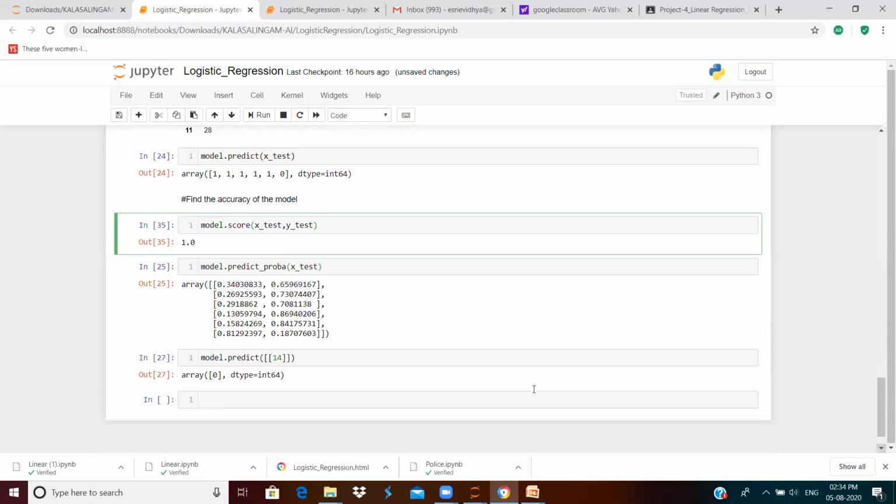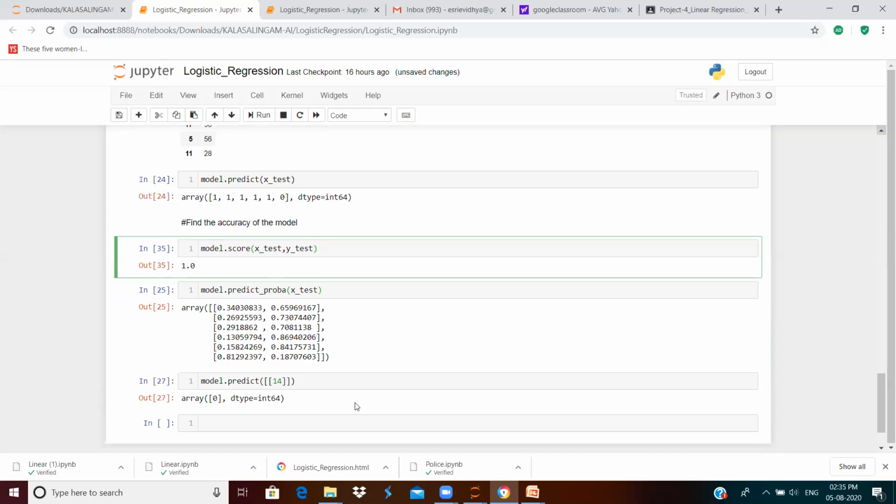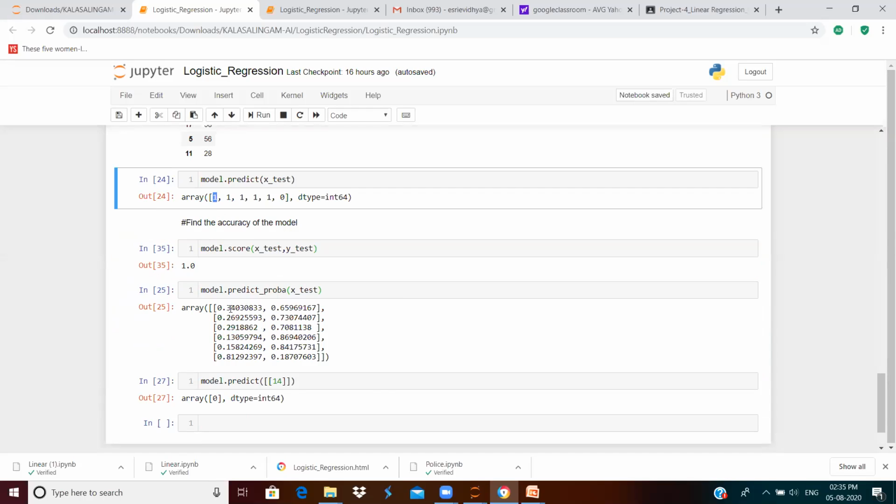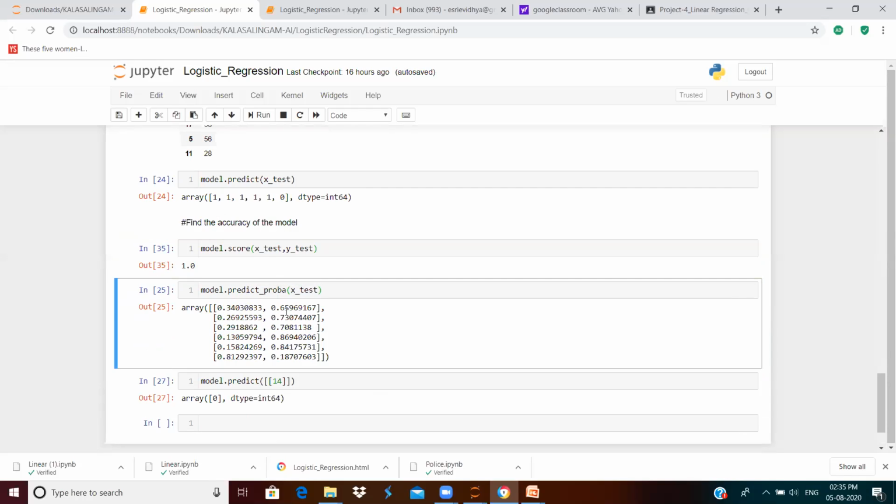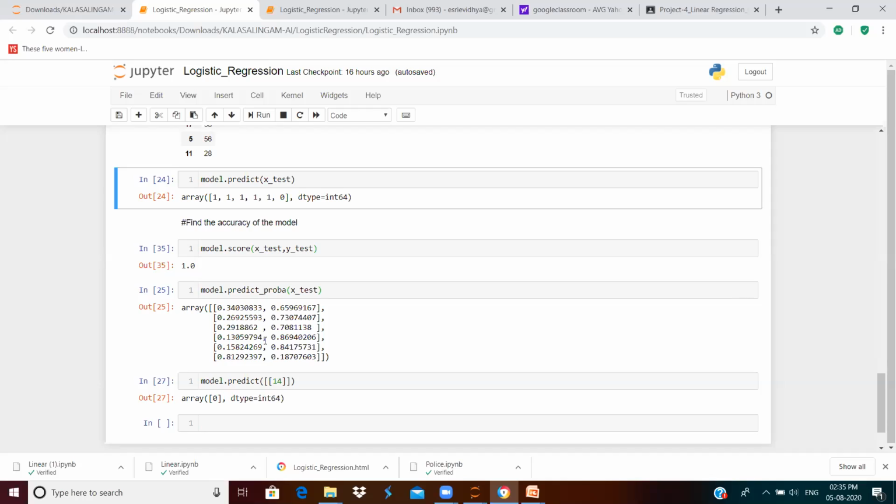And you can use another function called the predict probability function, predict underscore probability function. So this shows the probability, yes or no probability. This is no. Column 1 is no, that is 0. And this column is true, that is 1. And for the person with an age 47, the probability that he is not purchasing is 0.3 and the probability that he is purchasing is 0.6. So he has a higher probability. That is why the value is 1 here. He goes for a purchase of insurance, right?